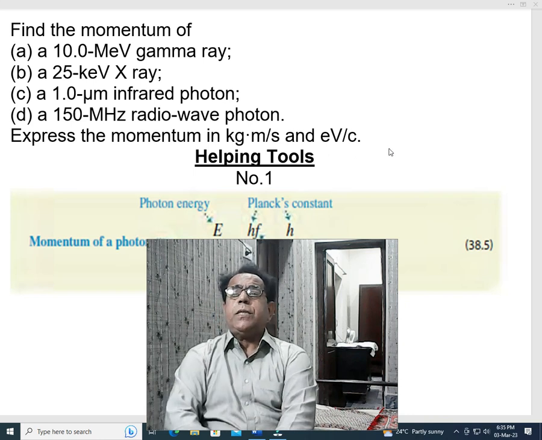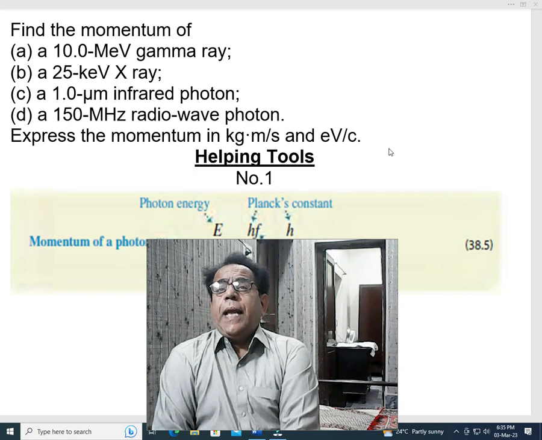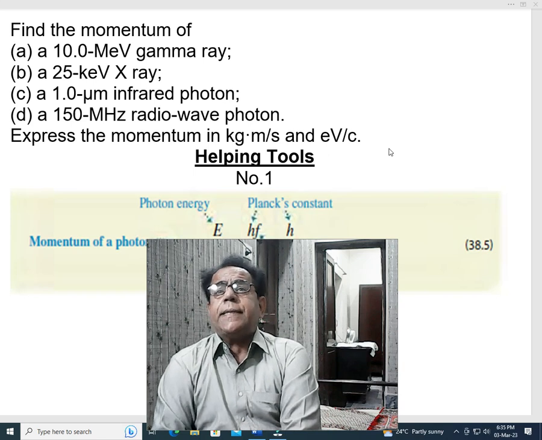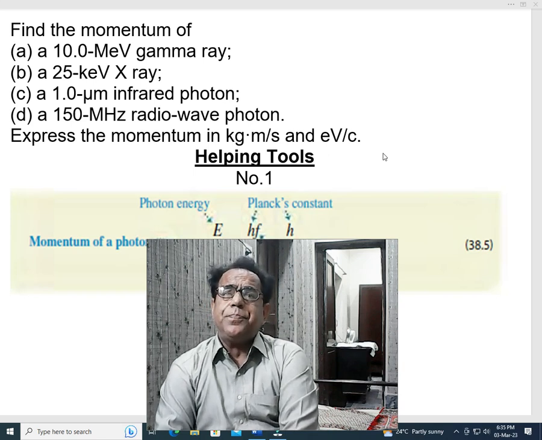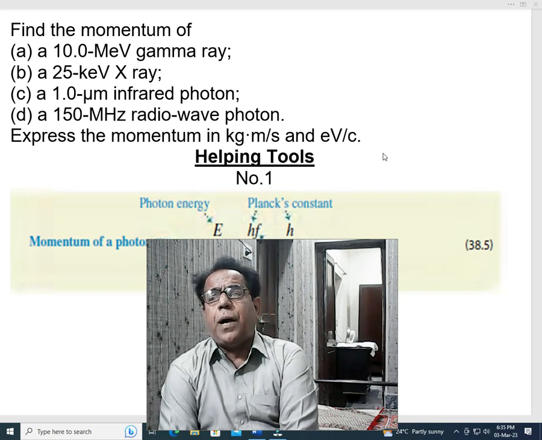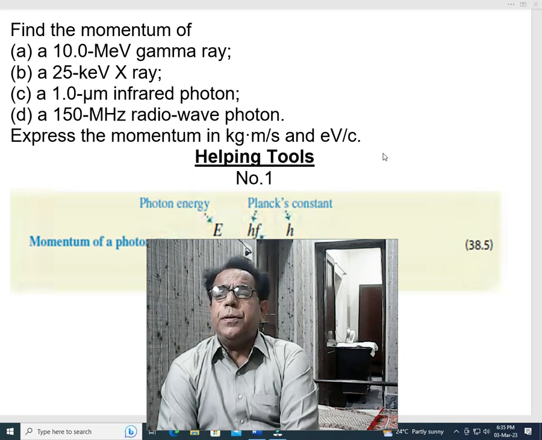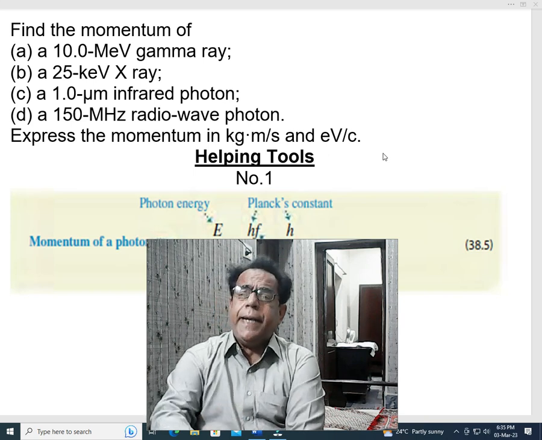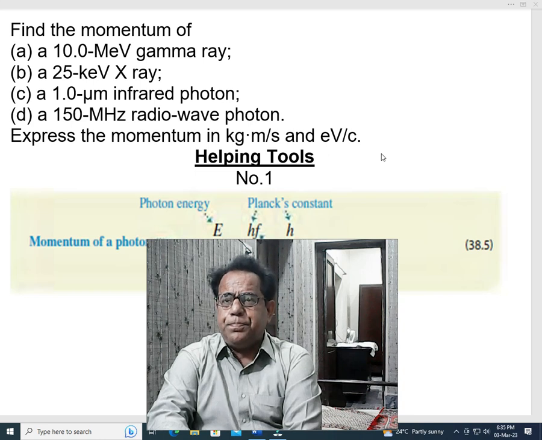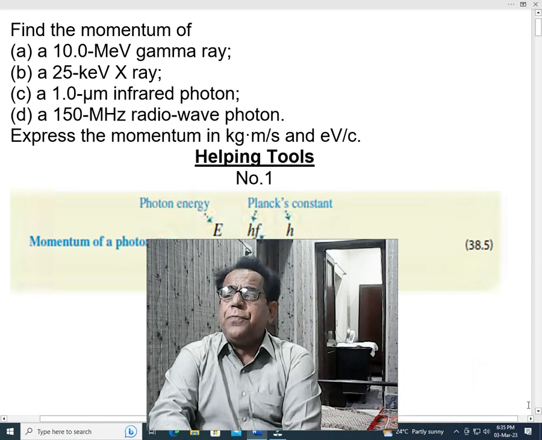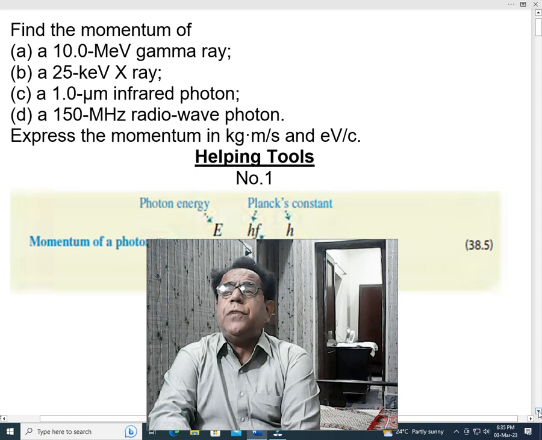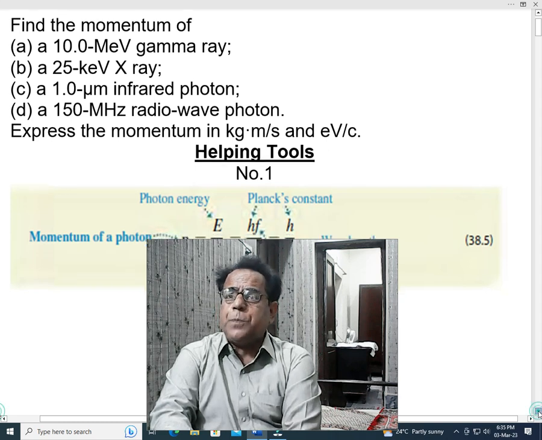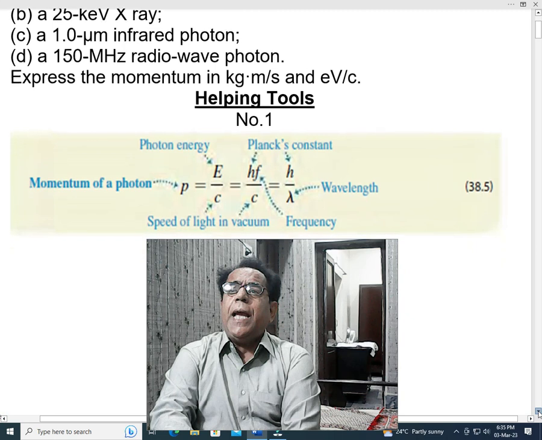So dear students, actually we have to find out 8 things. Yes, because there are 4 parts, and all the 4 parts have to be answered in 2 units. So we have to find out 8 things. Now dear students, we first come towards helping tools which will help us in solving this problem. So first tool, helping tool number 1